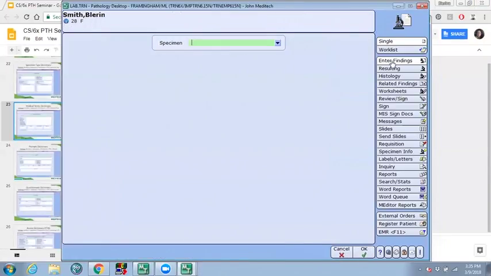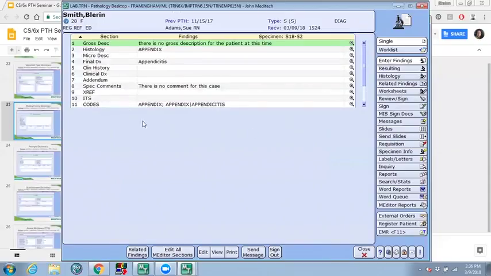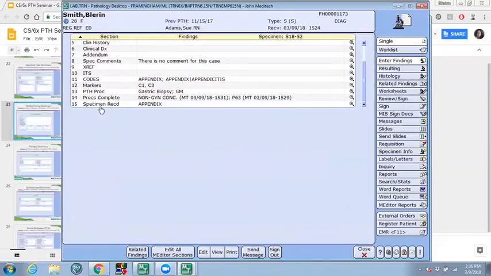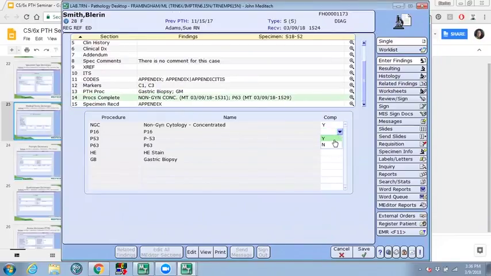But I could go back, mark those procedures as complete before I can sign out my case. So I would come over to the procedures completed,